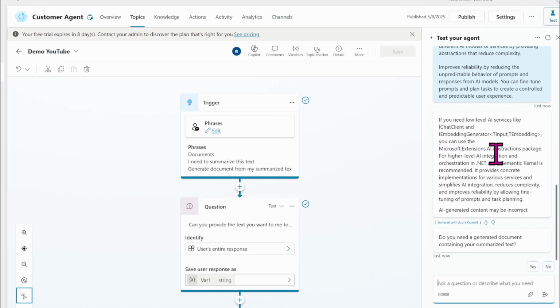Okay, so it gives me a summary of that. Then it asks me, do you need a generated document containing your summarized text? If I say no, it will not give me the document. But if I say yes,